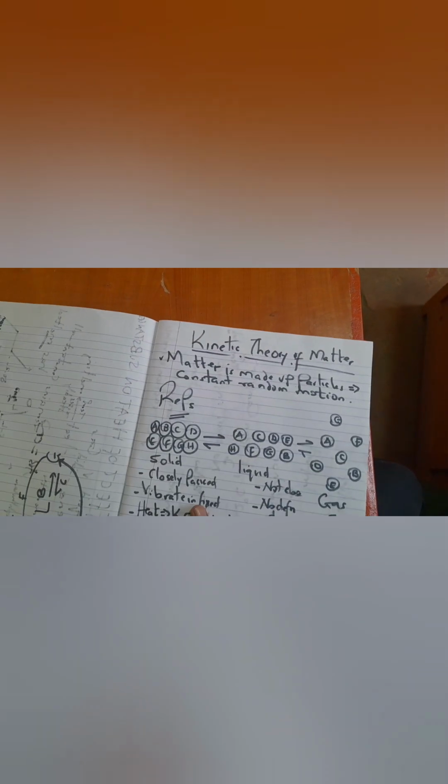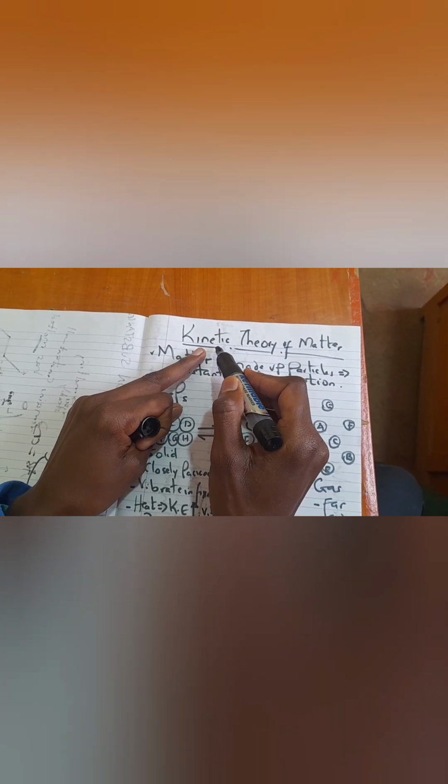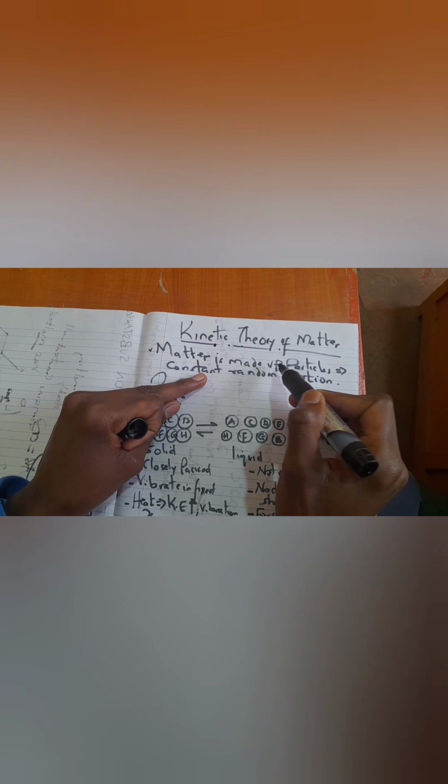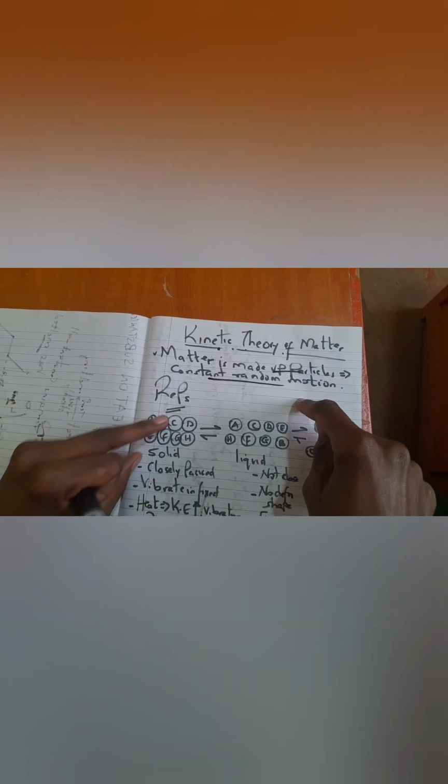Now, briefly, I want us to look into a theory which governs all these things, and we call it the kinetic theory of matter. The question is, what is the kinetic theory of matter? Kinetic is the energy in motion. We all know that one. So when you talk of the kinetic theory of matter, we are talking of matter which is made up of many particles, but those particles are not static. They are in constant random motion, moving from one place to another. And we can represent that kinetic theory using this model here,